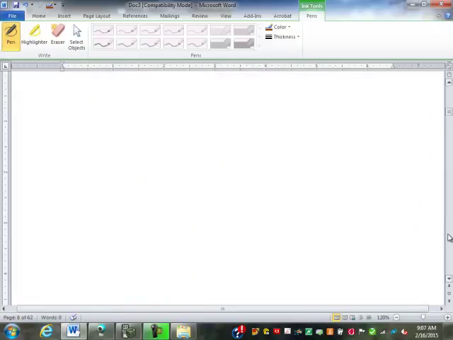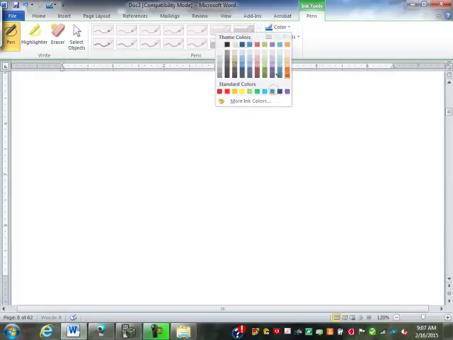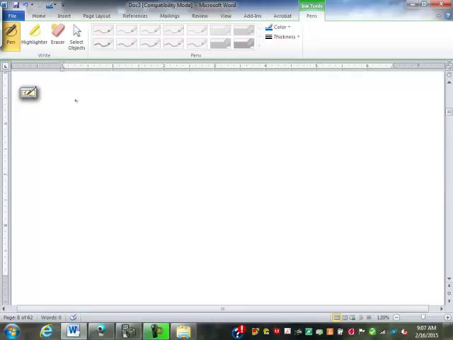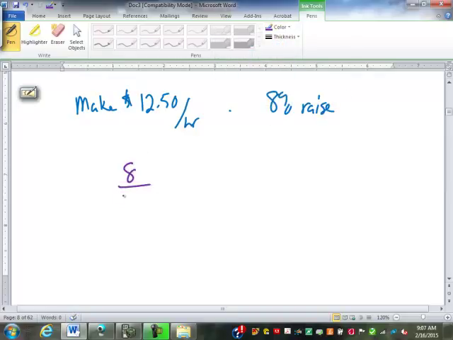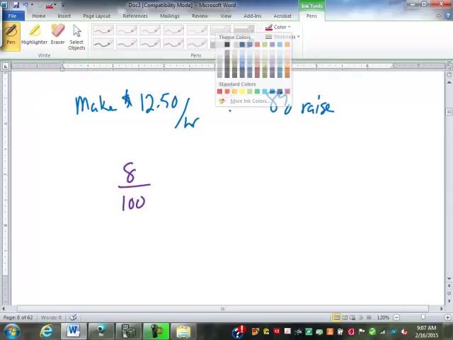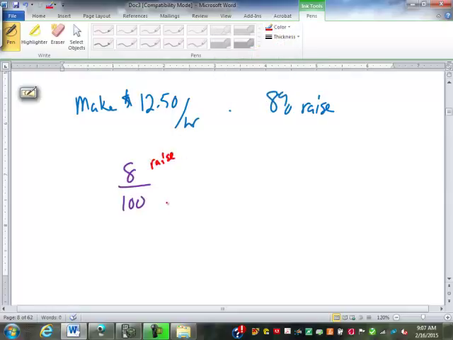And I even like the proportion because when you get into a word problem, let's say you currently make $12.50 per hour, and you're about to get an 8% raise, and you want to know how much your raise is. Well, you start with a percent. 8% is 8 over 100. The 8 represents your raise, correct? 100 always represents either the whole thing or the starting amount. In this case, the starting amount is the $12.50. So that tells you the $12.50 has to go on the bottom. Cross multiply and divide. 8 times $12.50 divided by 100 is